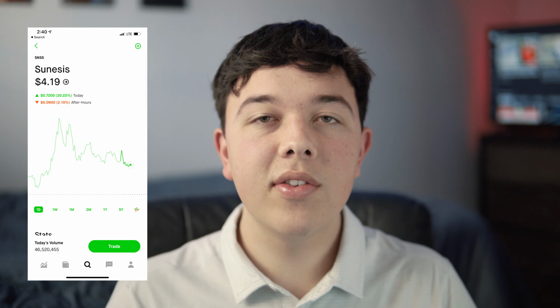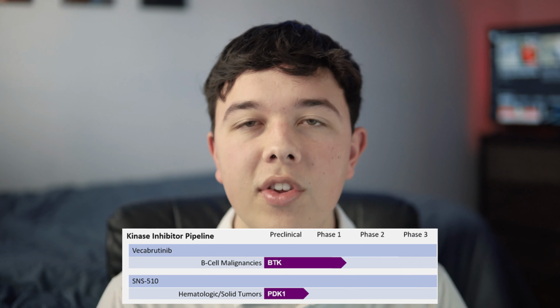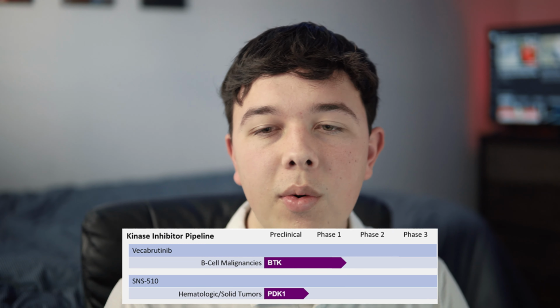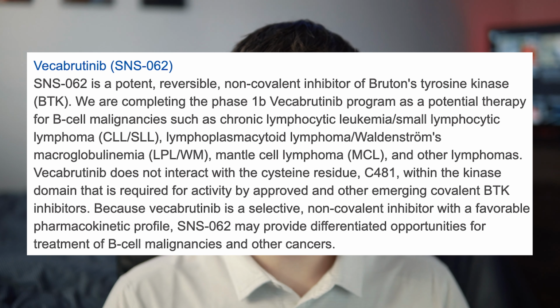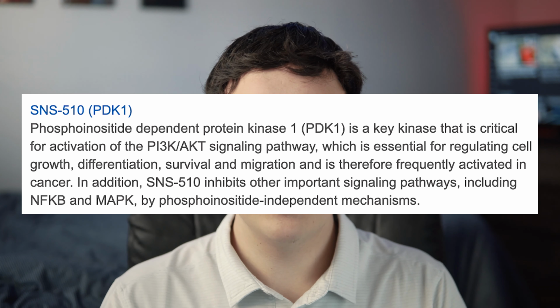Now let's get into today's stock, ticker symbol SNSS, or Sunesis Pharmaceuticals. They currently have two trials, one being vecabrutinib, which is in phase 1 and is almost in phase 2, and SNS-510, which is in preclinical trials but is almost in phase 1. Vecabrutinib, and I have no idea if I'm saying that right, but I'm taking my best guess, is a potential therapy for B-cell malignancies such as ironic lymphomas. SNS-510 is a product that targets proteins that regulate cell growth, survival, and mitigation, which is something that is frequently